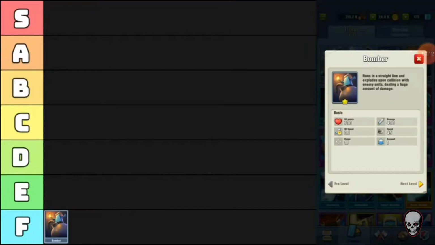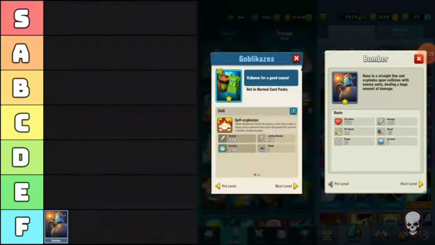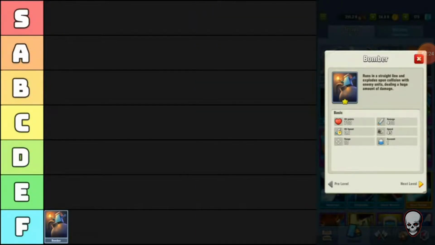First, we have the bomber, who runs in a straight line and explodes upon collision with enemy units, dealing a huge amount of damage. And that's all he does. He just runs at the enemy and explodes. He kills himself. He commits suicide. He's like a Goblikazi in Art of War Legions. And in my opinion, he takes up space. Next in the F tier...